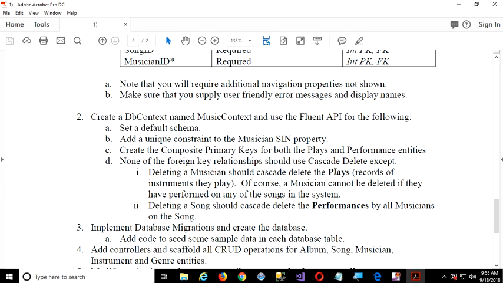All right, so when you delete a musician, you should automatically cascade delete the record of all the instruments that they play, okay? When you delete a song, that's where you delete all the performances by musicians, right? Okay, but you can't delete an instrument if there's any musician that plays it. But you can delete the musician, and all the records of the musician instruments they play should be deleted. Clear as mud, right? Okay.